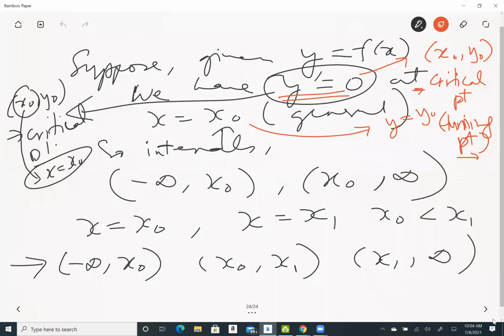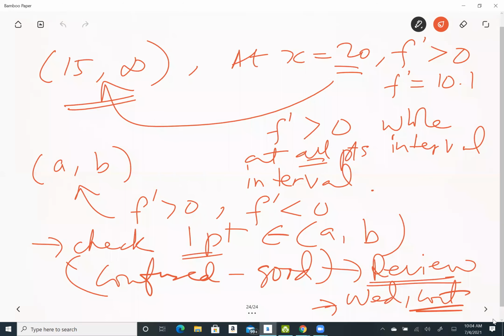So over one interval, you have only one pattern of behavior of the y prime. So let me just summarize the thing. So here, okay, number one, if y prime, if f prime of x,